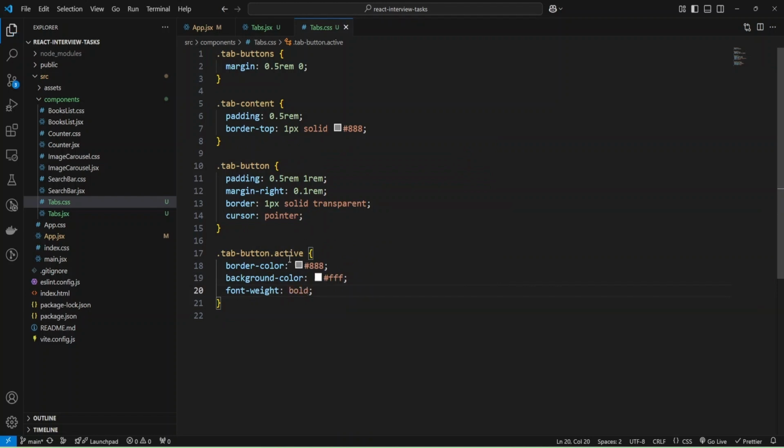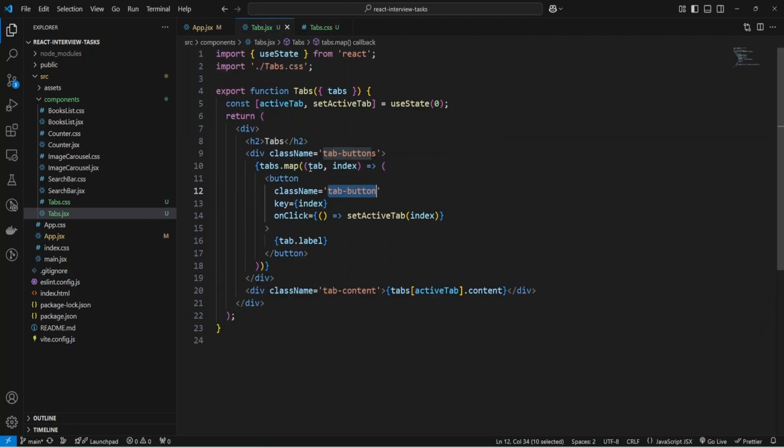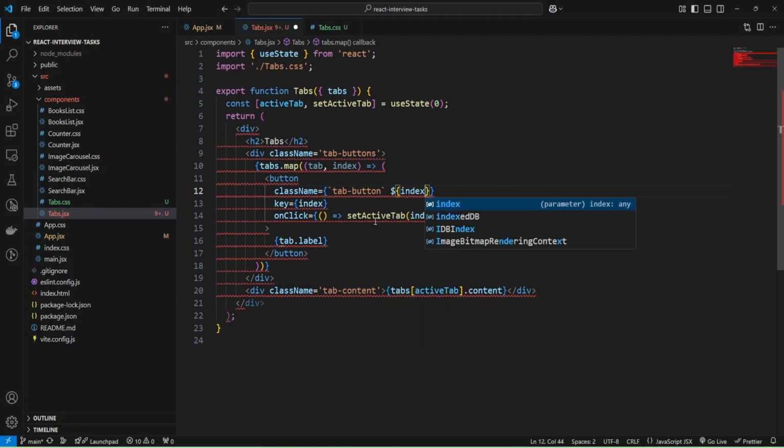Okay, and now let's add our active class to our button, and for that I'm going to add code here. Okay, and now let's check if we have active button or our index equals to active tab.